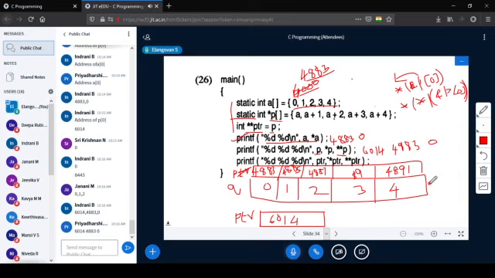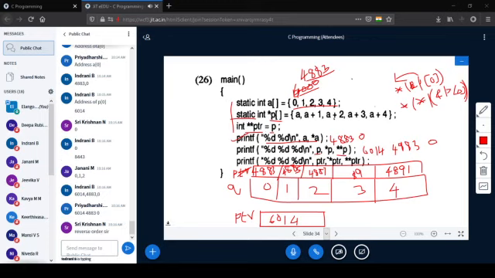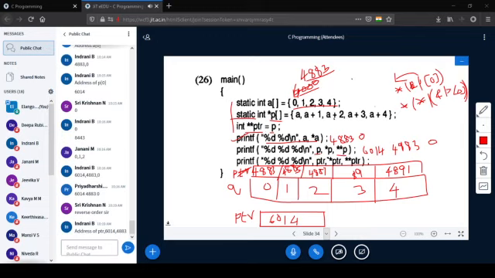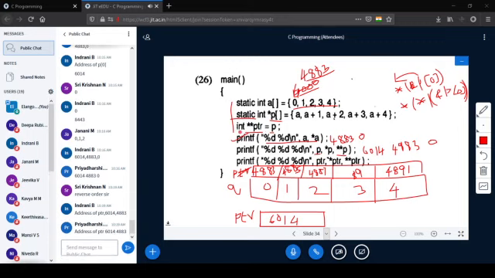Then what about the third statement? PTR, star PTR, star star PTR. So what is PTR?